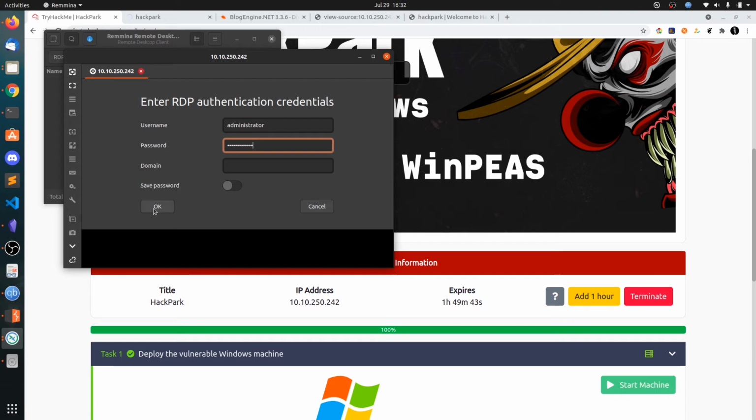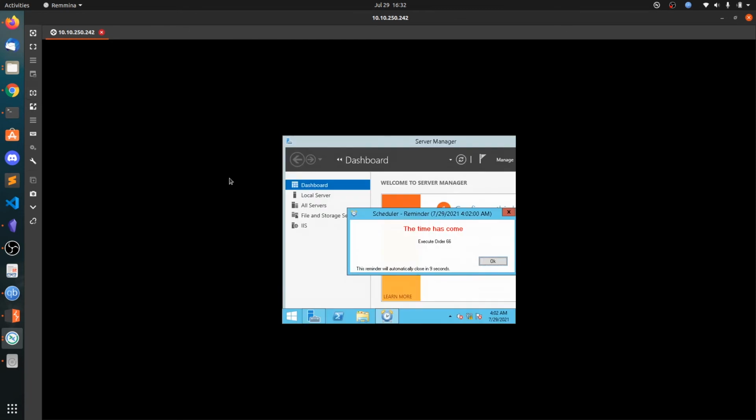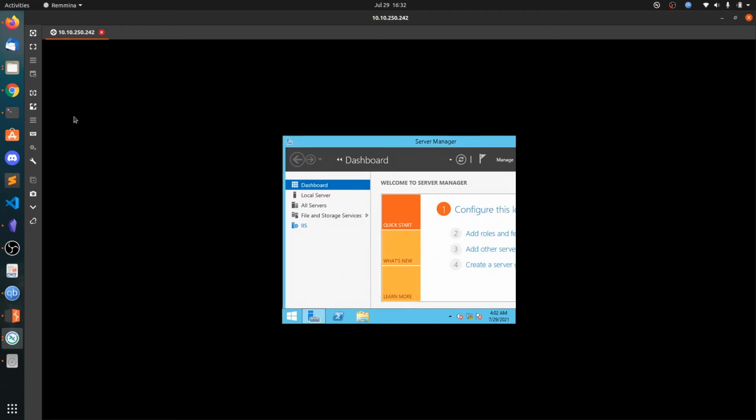Now paste the password, click on OK. Okay, now you can see there is some task that is being scheduled and running automatically.